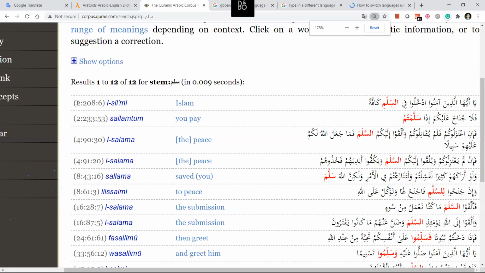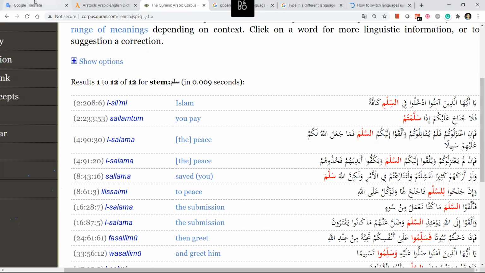So this is Surah Al-Baqarah, second chapter, verse number 208, word number 6. So it tells Islam. Islam is also derived from Salima, from the same word. Okay, I have different words where Muslim is used. So this is used where you want to learn vocabulary, you want to see different places where it's used.